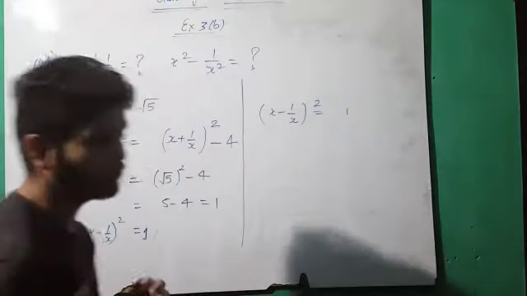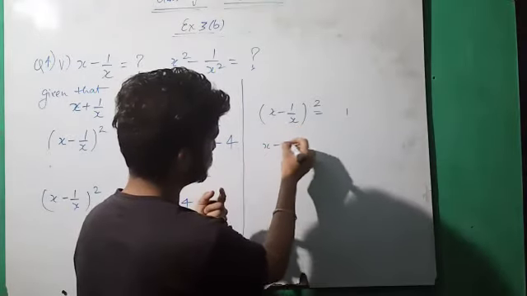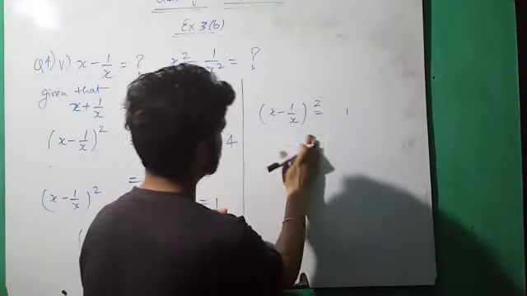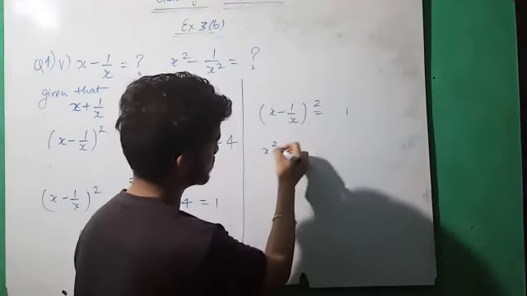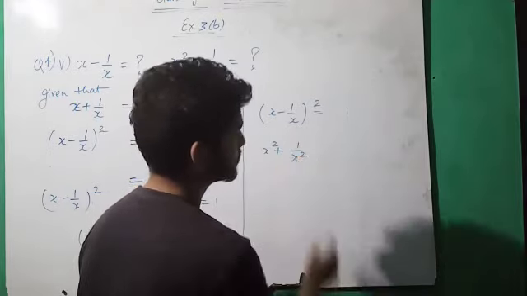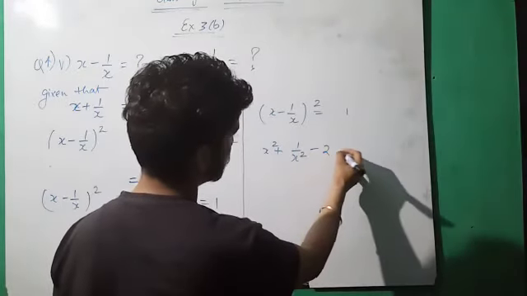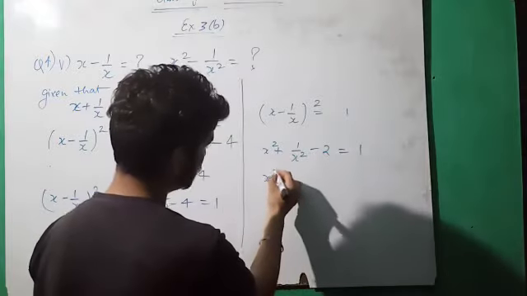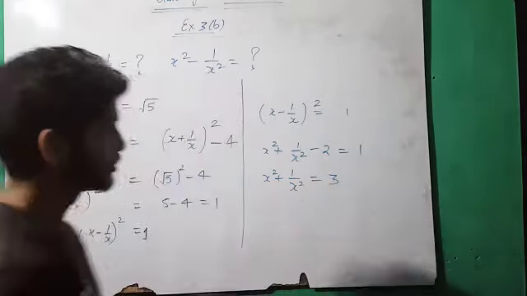We know this, now (x minus 1 by x) whole square, or we can say that x square plus 1 by x square minus 2ab, or minus 2, equal to 1. So now we have the value of x square plus 1 by x square is equal to 3, and we have to find